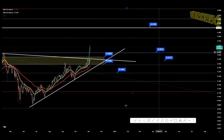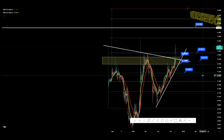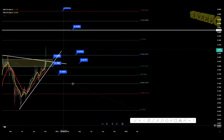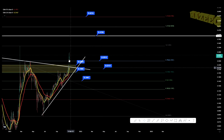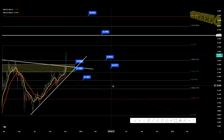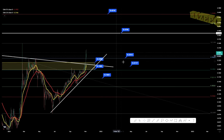Obviously, there is a possibility that we hold the 0.786 on the fib, which is sitting at 25 cents to be exact. And if we hold that as support, we let the EMAs catch up. It's still possible that we don't even come back to the yellow rectangle zone. But I wouldn't necessarily think that 25 cents is going to hold. I think we're going to have a little retracement, at least towards the top of this rectangle at